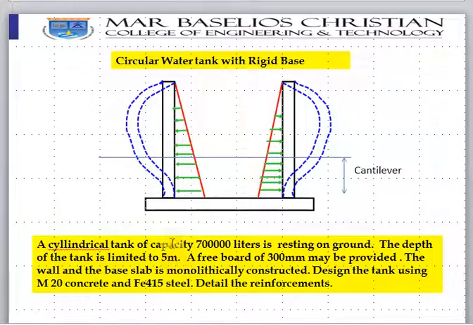Coming to this, here the tank capacity is given to you and the depth restriction is also given to you. Sometimes they will give you only the capacity, and the depth and the diameter we need to decide. In this case, since the capacity and the height are given, you can find out the diameter easily because pi d square by 4 into h is equal to 700 meter cube. But if the height is not given, then height and diameter we need to find out. In that case, you can assume the height like 4 meter or 3 meter, like 3.5 meter, so that d can be calculated. That's what we do.